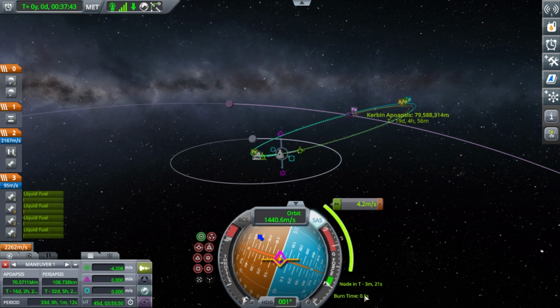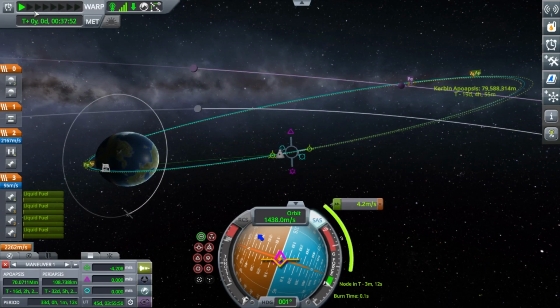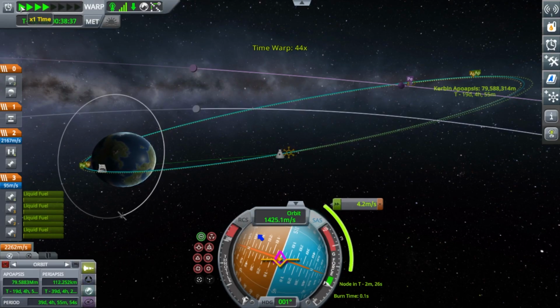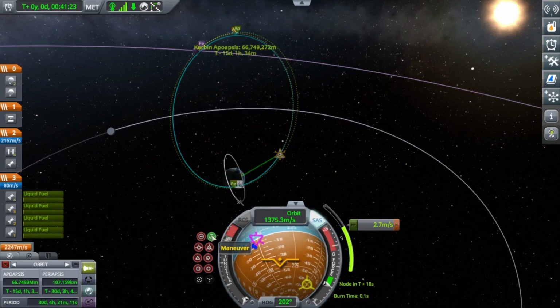0.1 second burn. I guess what I need to be doing is just taps, because it doesn't really matter if I do it exactly at the node, right? That part doesn't really matter that much. The part that matters is how much burn I do. So I guess I need to do just the tiniest taps. Even if it's like 1 second, tap, tap, tap, tap, instead of burn, burn, burn, burn. And then I have it go in this direction. As you can see, we need a...